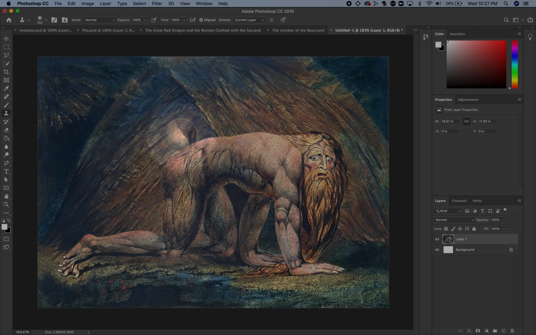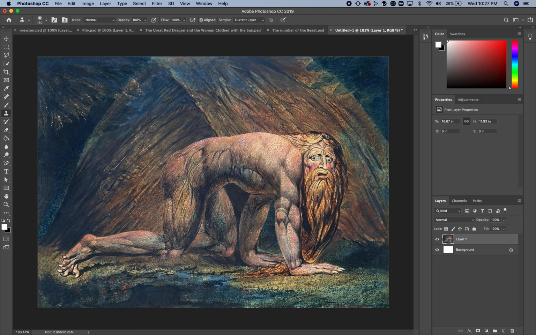Okay, so first, what I'm trying to do here is remove this character from the back. This character, by the way, is from a painting by William Blake. William Blake is a British artist from the 18th, 19th century. He was a poet and romantic artist, and he was kind of this spiritual visionary man who had visions and painted these really amazing and esoteric paintings about passion and spirituality, and I thought he would be a good choice for an animation project about feelings